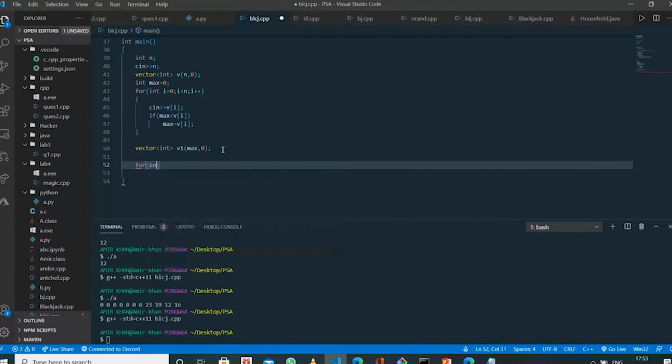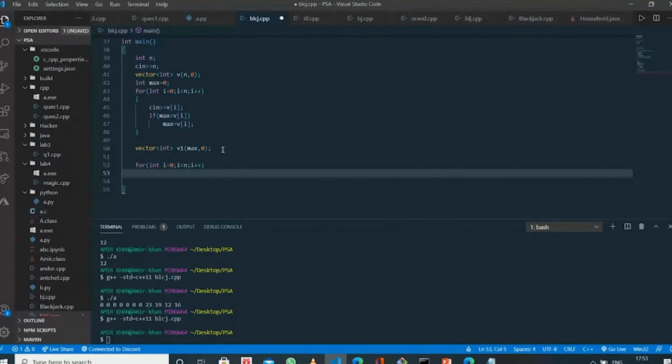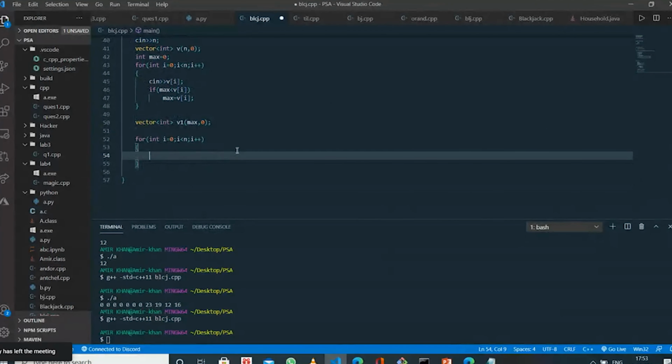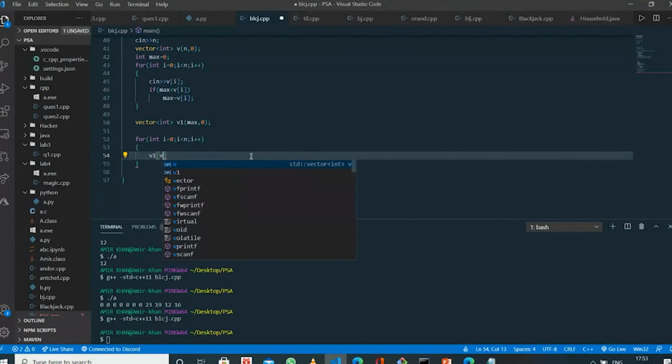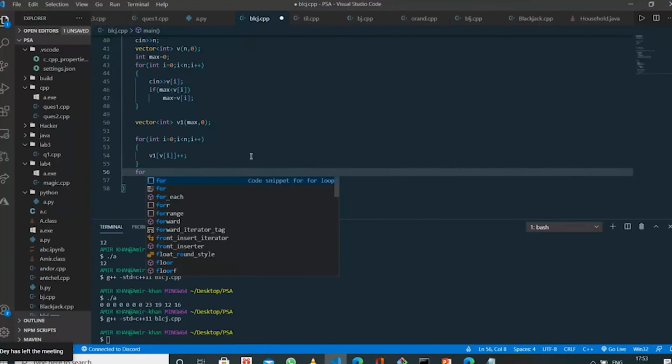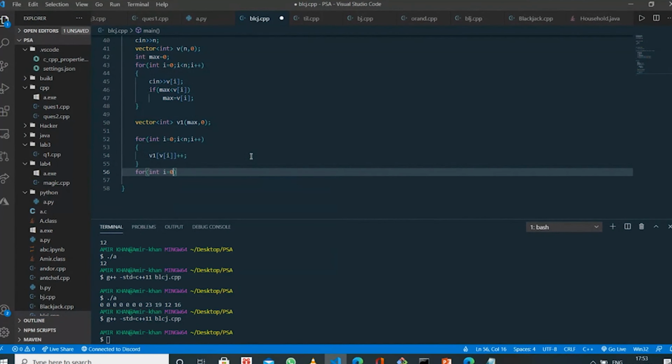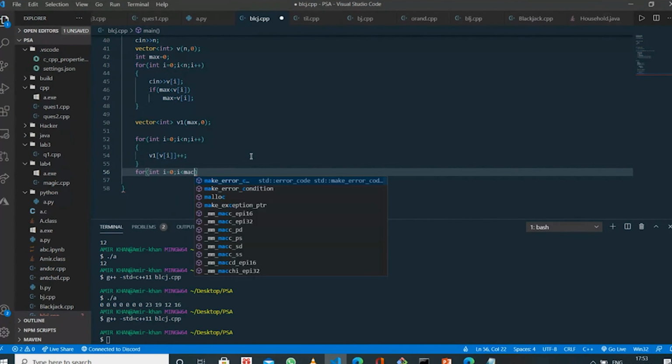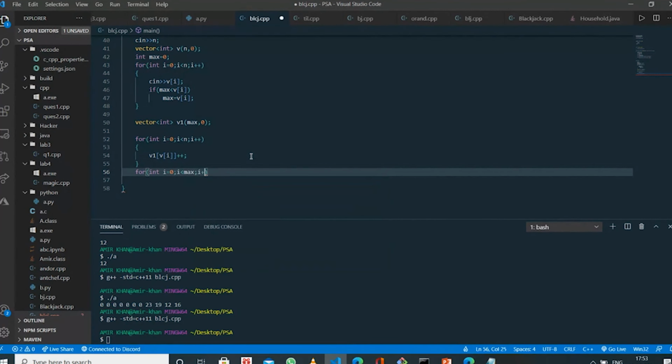I will iterate through the vector, for I equal to 0, I less than the size, I plus plus.